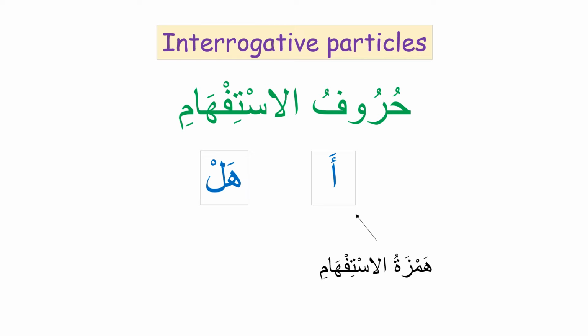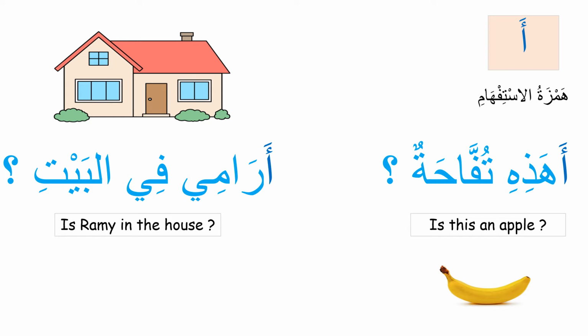And on a side note, before starting with Hamzatul Istifham, let me please get the record straight from the get-go. We will be only dealing with one choice positive questions as well as nominal sentences. So again, positive, one choice, and nominal sentences. With that in mind, let's take a close look at Hamzatul Istifham. Starting with these two examples. أهذه تفاحة؟ أرامي في البيت؟ Again. أهذه تفاحة؟ أرامي في البيت؟